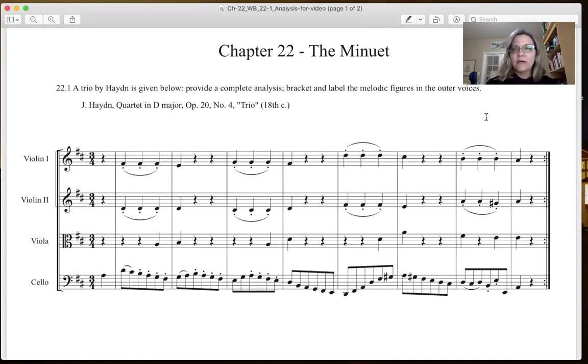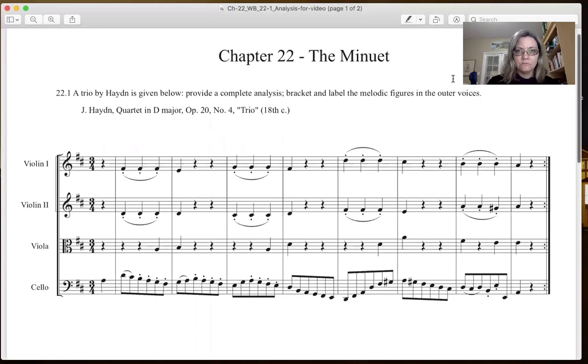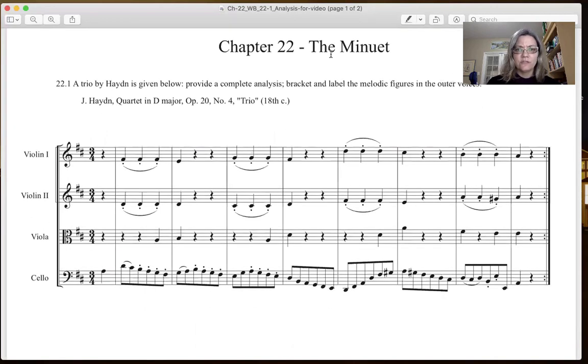So please pull out your handout. It should say chapter 22, the minuet on it. It's 22.1. This is in your handouts package. And this will help you complete the TWB that is